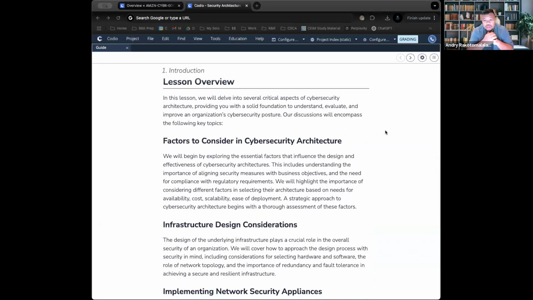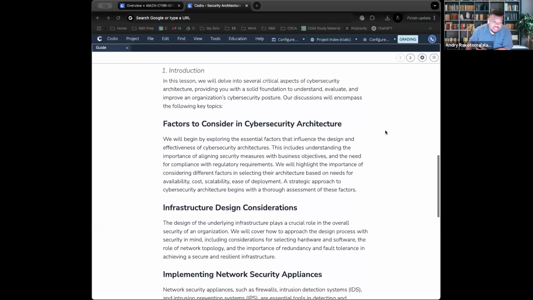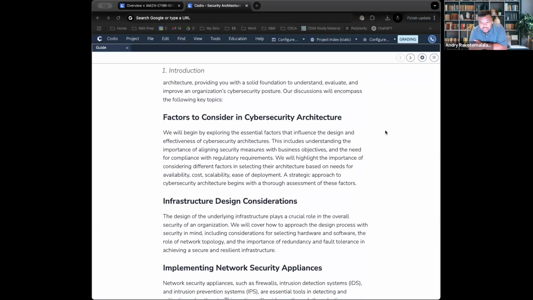Okay? So I like to always think of an architect's blueprint. The blueprint is essentially dedicated to understanding how security is structured in the organization. So we'll be talking about things such as what the threats involved are going to be and how we can protect against those threats, whether that's past threats or current threats.